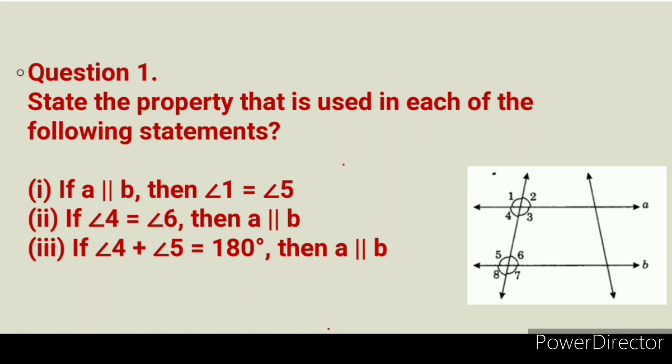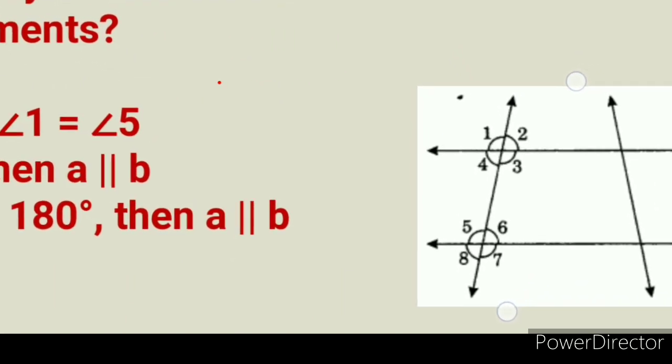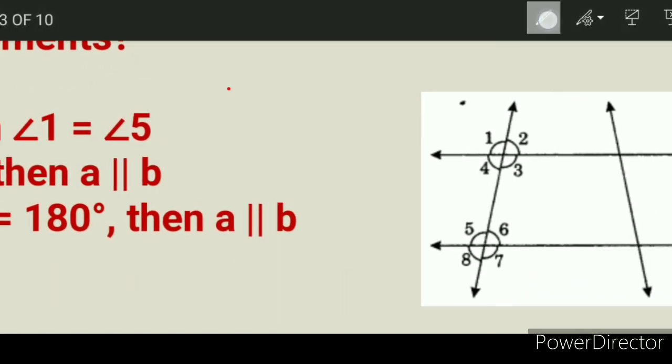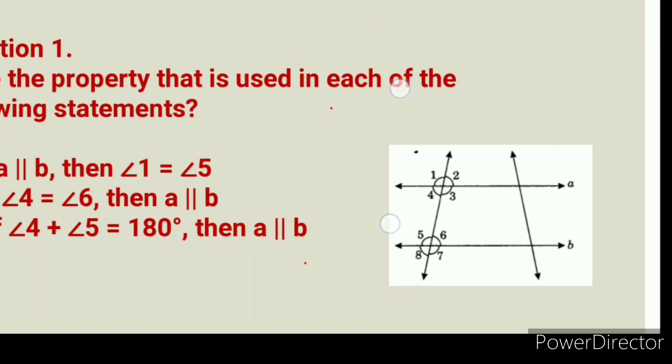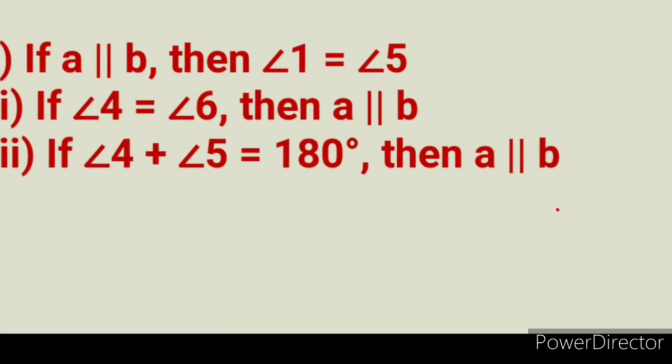Just listen to the explanation. Next, the second part: if angle 4 is equal to angle 6. Look at the figure, angle 4 and 6. Which position is it? Angle 4, angle 6, these are on alternate sides of the transversal. So you can say these are alternate angles. Alternate angles are equal. Is this given here? Yes, angle 4 is equal to angle 6. The equal property is also given. Therefore, surely we can say these two are alternate angles.